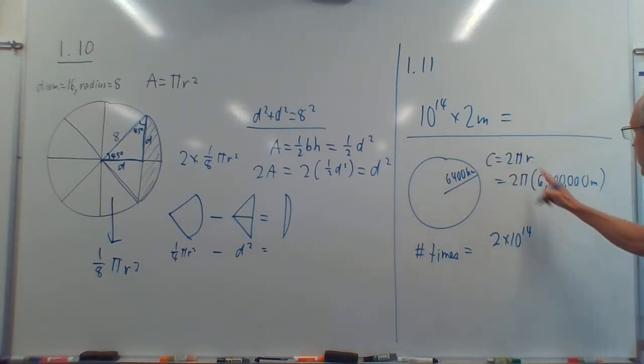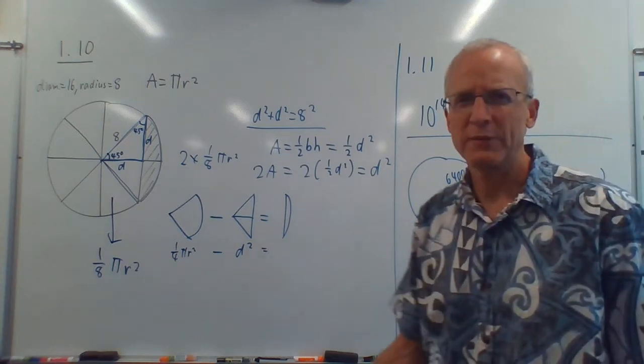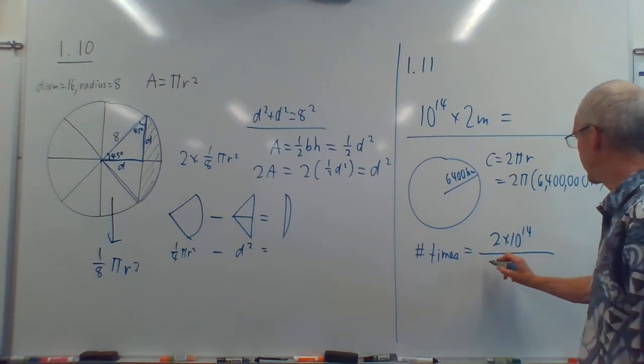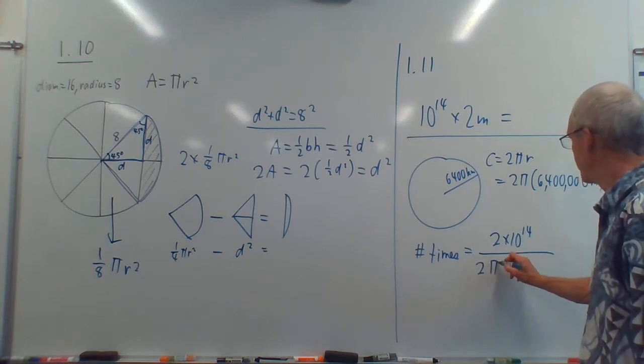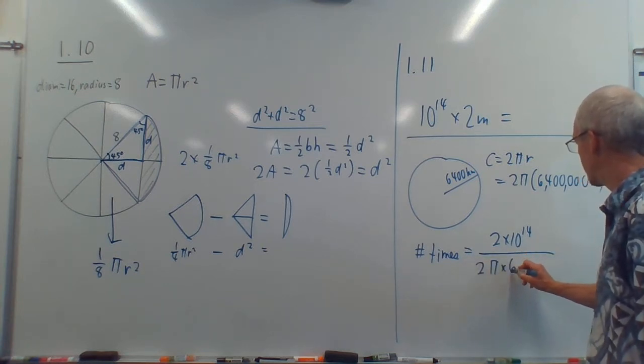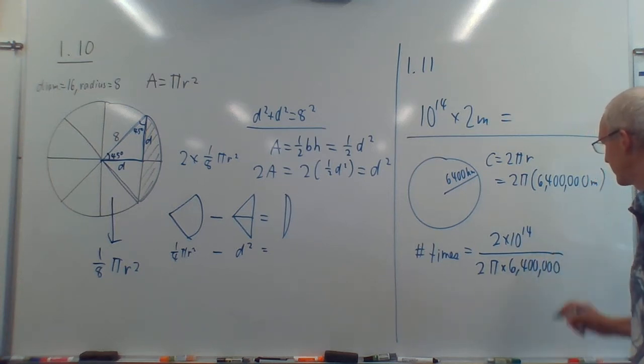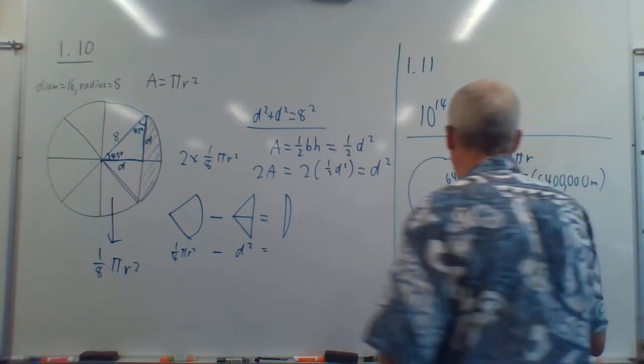And we have meters here, and we have meters here now, so we don't have to worry about units. We know they're going to work out. So 2 times 10 to the 14th divided by 2 pi times 6,400,000. Okay, and if you do that,